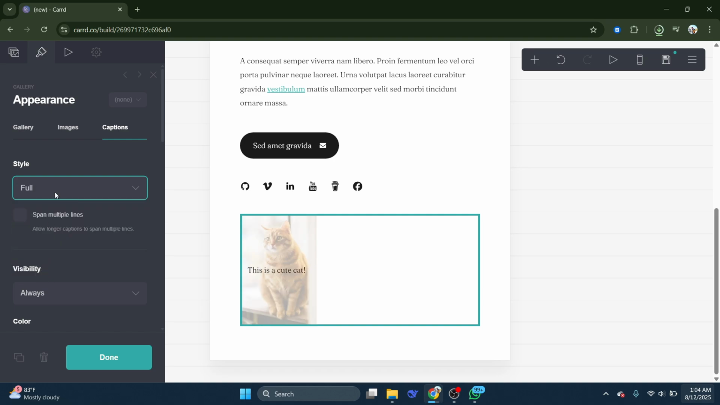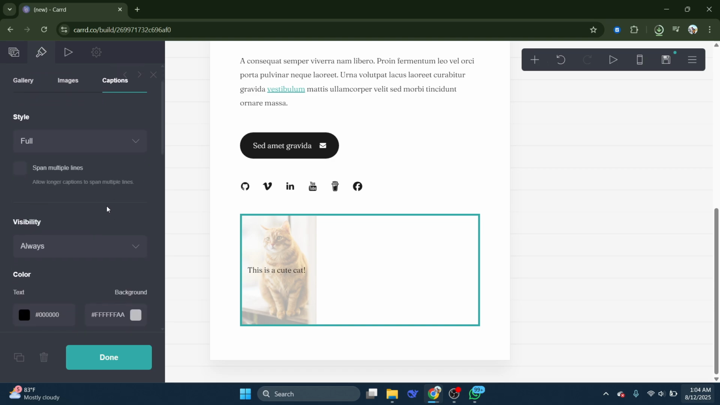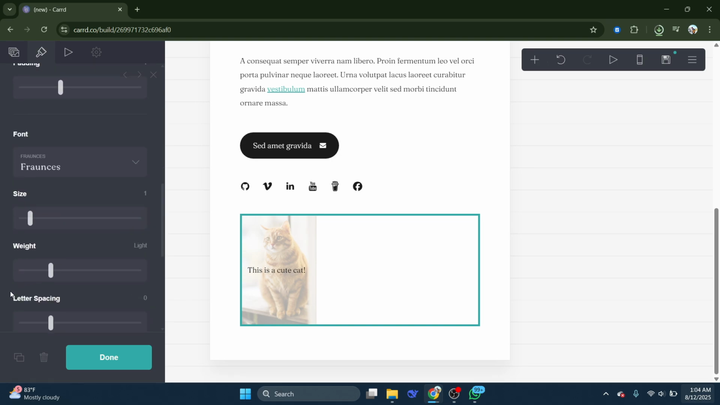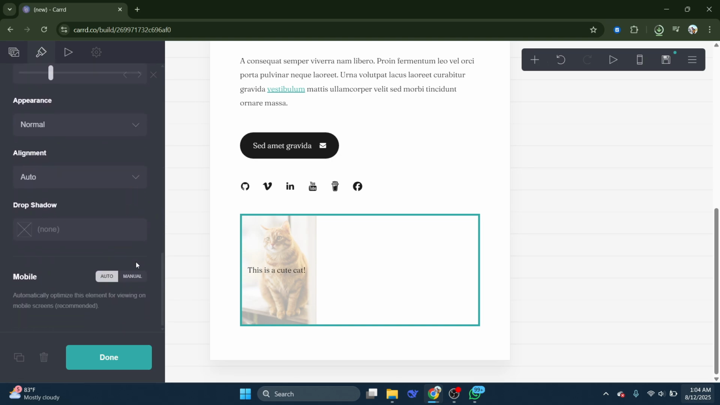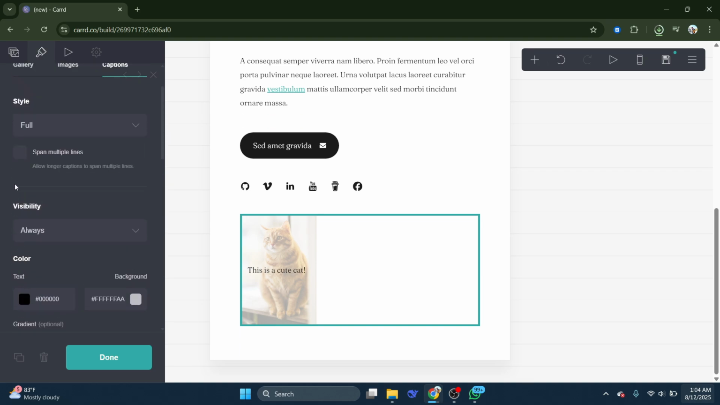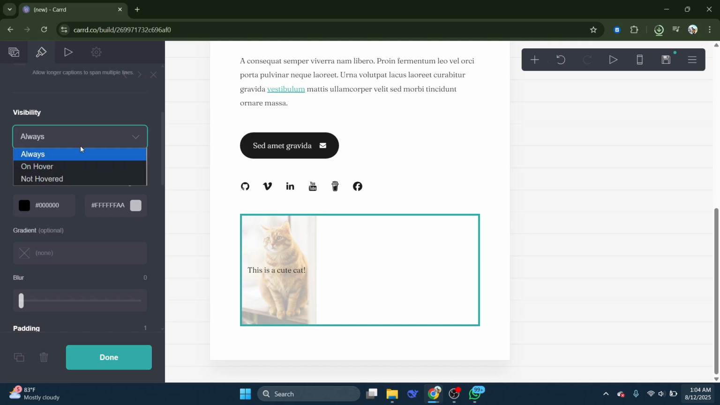As you scroll down the menu, you'll find more customization options for your caption, including font style, size, color, and more. These allow you to fine-tune the appearance to match your site's theme or highlight specific aspects of your message. Pay close attention to these details, as they play a significant role in making sure your text is both readable